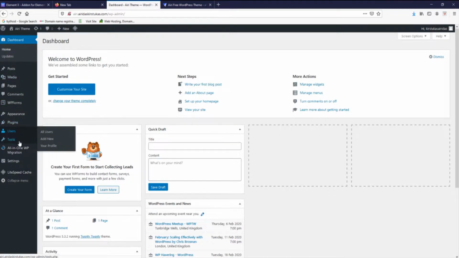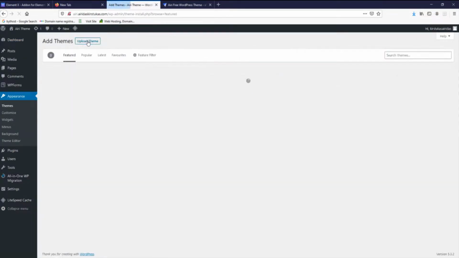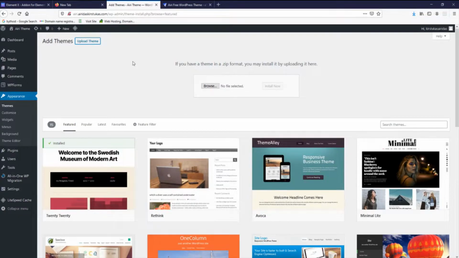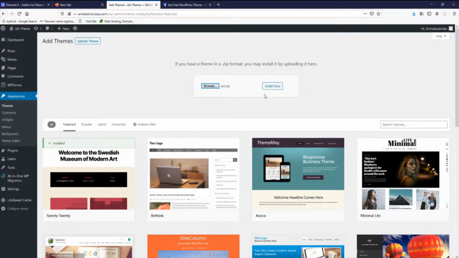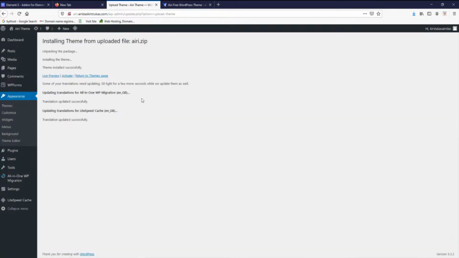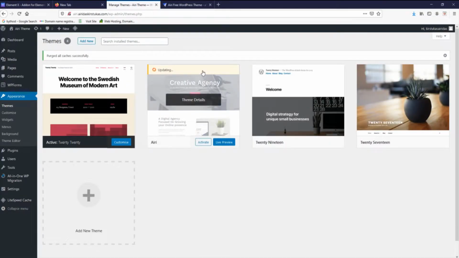Go to themes, add new, upload theme, browse, pick Airi, open and install now. As we can see, everything has been installed. So go to themes, activate. A new version is available, so press update. First we will update